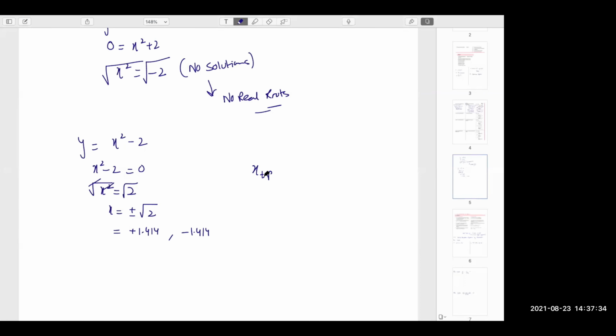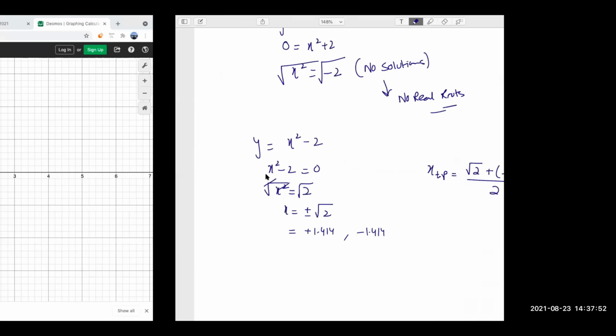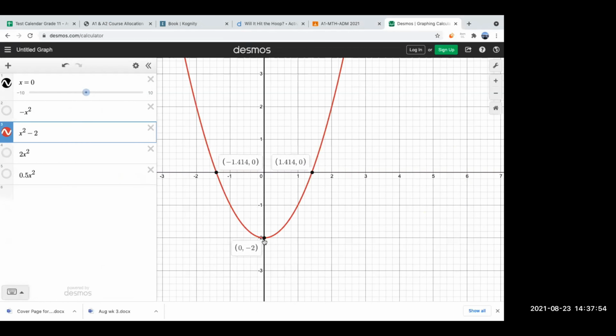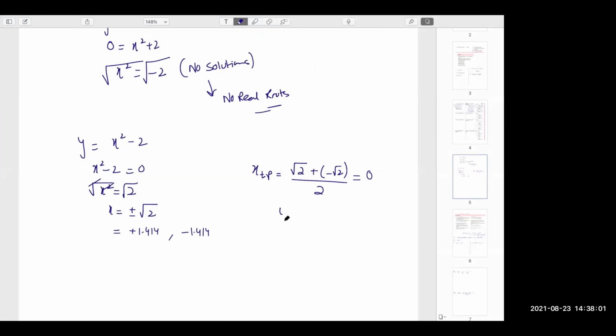तो अगर मुझे टर्निंग पॉइंट का एक्स कोऑर्डिनेट फाइंड करना है, and if I know the two solutions, the two x intercepts, I can just add them up. एक है square root 2 और एक है minus square root 2. When you add them up and take the average, divide by 2 करोगे तो तुम लोगों को 0 मिल जाएगा। And you can see that ये जो turning point है इसका x coordinate क्या है? 0. ठीक है।